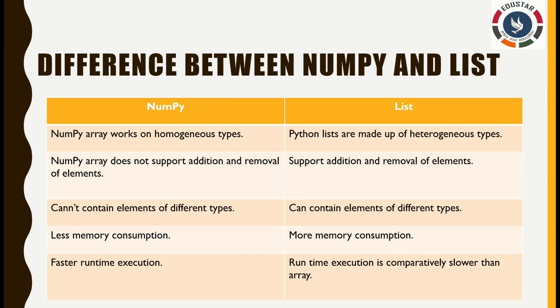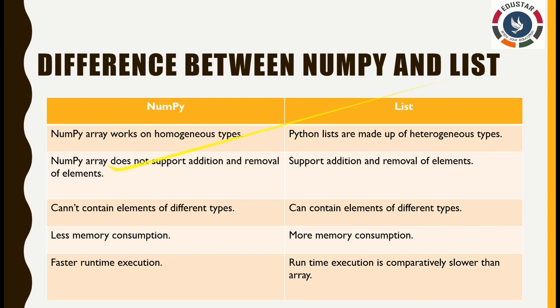If we are declaring more than one value, all the values will be of the same type. That means if you are declaring for the integer type, all the elements are only for the integer type. In between we cannot use a string value among 1 comma 2 comma 3 comma 4 comma 5. So these 5 numbers are only for the integer part, correct? We cannot declare 1 comma a comma 2 comma b, because one is an integer and one is a string, so we cannot declare that in an array. That's why we say array works only for homogeneous types.